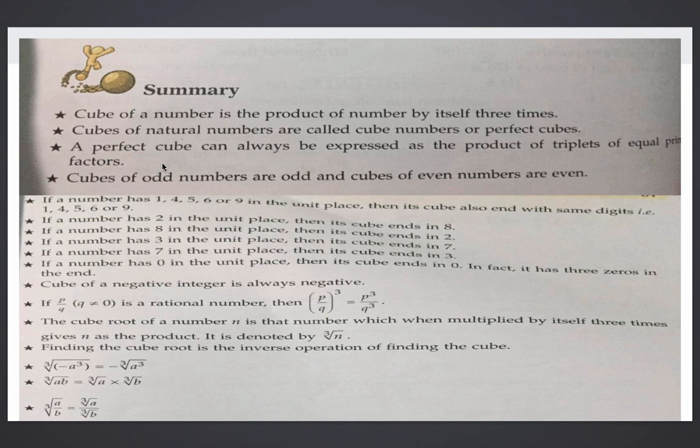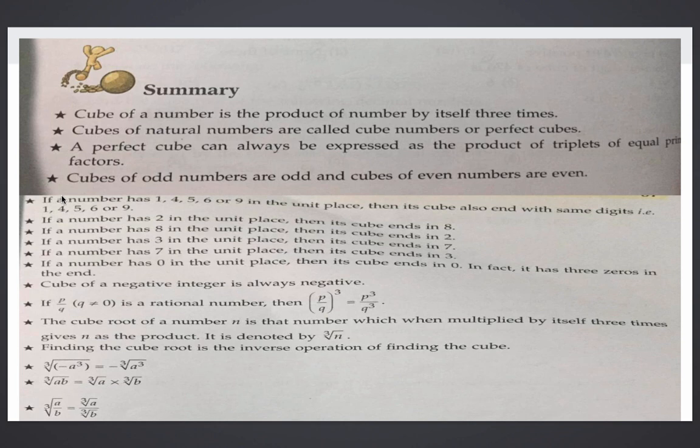Have you all understood? We'll do these types of sums in the exercise. We'll check the numbers in the first question whether they are perfect cubes or not by doing prime factorization first and then grouping 3 same numbers. Okay, so if all the factors are repeated 3 times, then we will say they are perfect cubes. Okay, next, cubes of odd numbers are odd and cubes of even numbers are even. So it's just a fact, you need to learn it, you need to understand it.